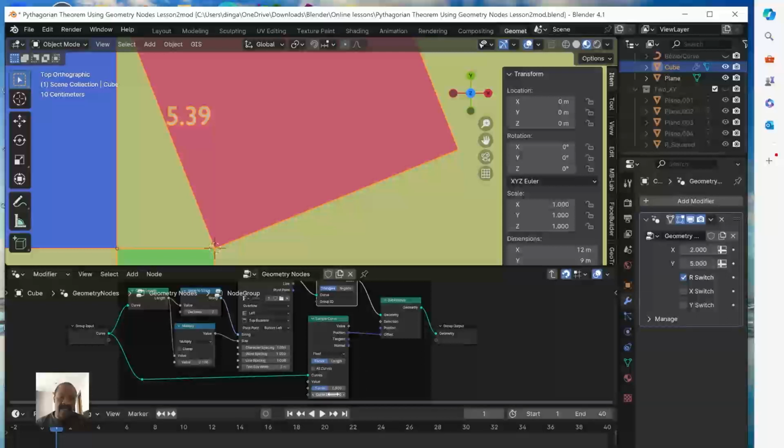So I made it halfway, that's where that 0.5 comes from. I'm making it halfway, but in order for me to always make it change there, I have put it under the group input, that side,